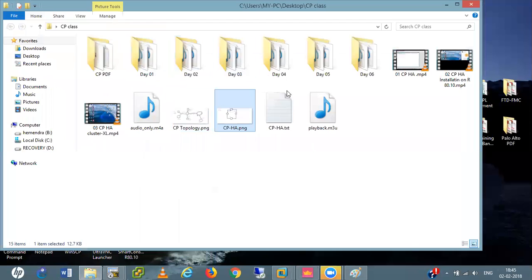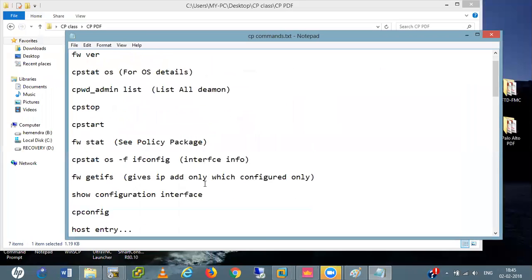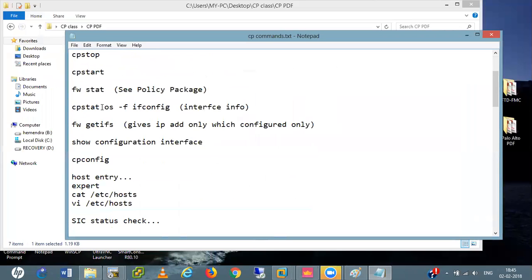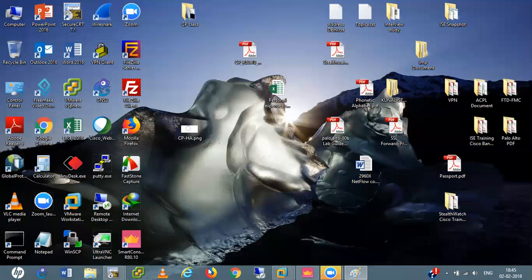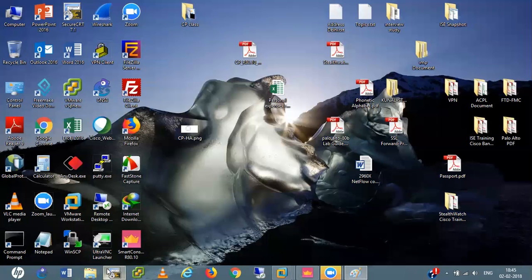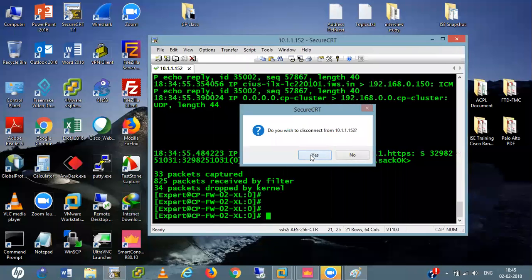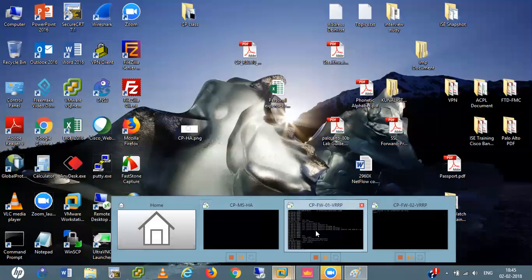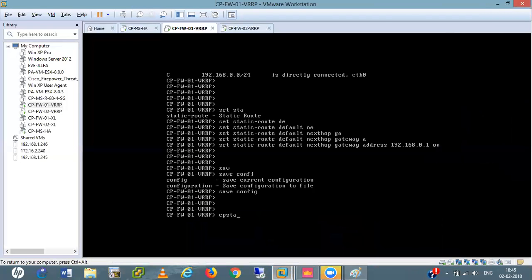It is a very big command. It is cp state os -f config.